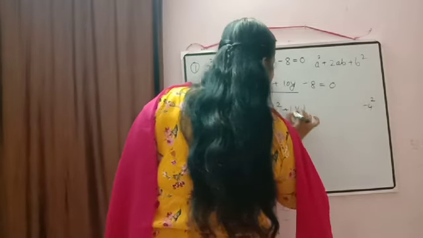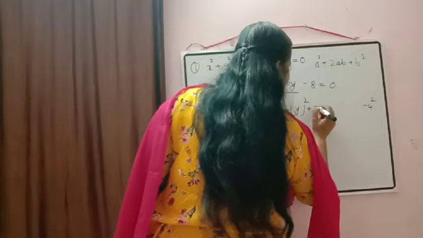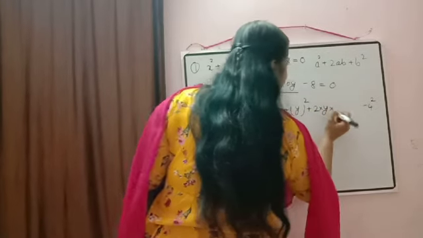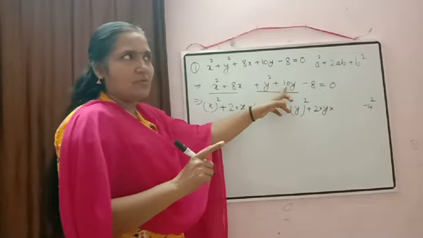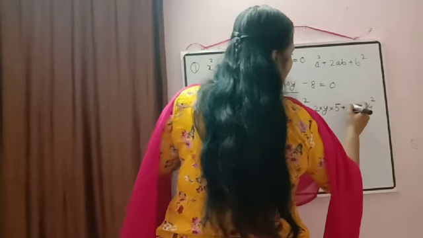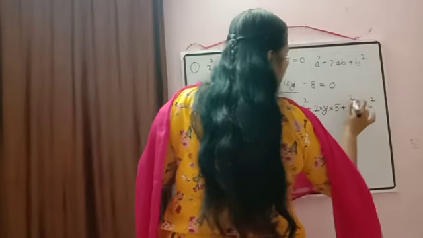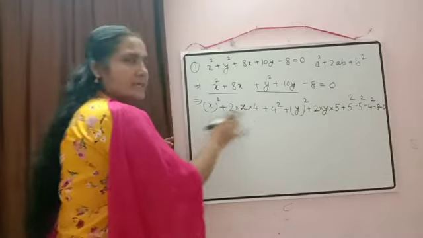Y square can be written as y the whole square plus 10y. Again how we can rewrite? 2 into y into. What will be the value of b here? Divide 10 by 2. What will come? 10 by 2 is 5. So here we will write down 5. So our value of b is 5. So according to the identity we should have here now 5 square. So if I am adding, I have to subtract also. So minus 5 square and this minus 8 is as it is there. So we rearrange the term in this way.